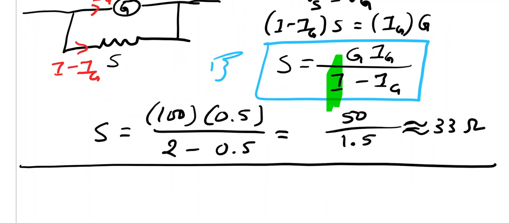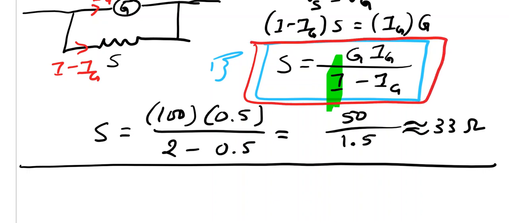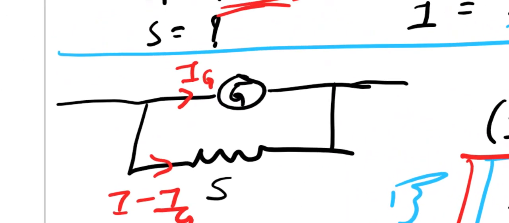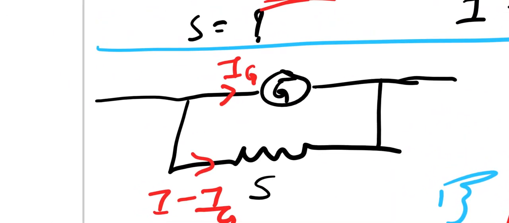So let us look at the formula once again. What is this S? Shunt required. Shunt required for what? Shunt required to convert a galvanometer with resistance G, current capacity Ig, into an ammeter of current range I. So by connecting a small value resistance in parallel with the galvanometer, you can use the galvanometer as an ammeter. Let us have a look at the answer now.